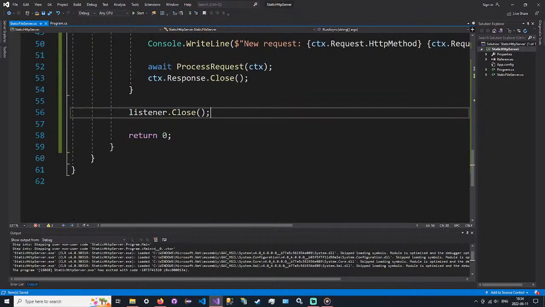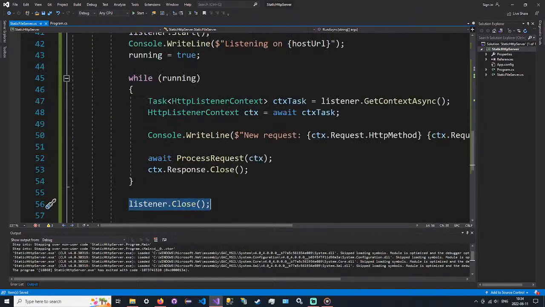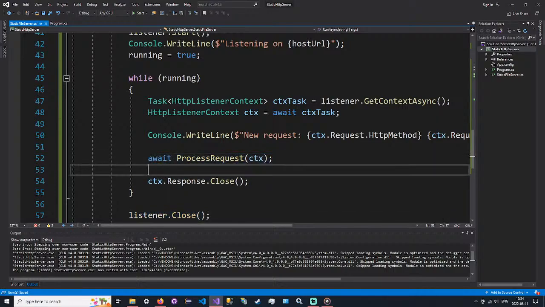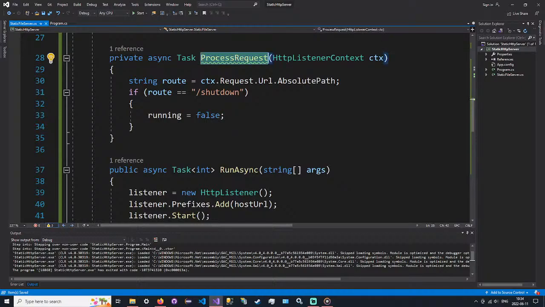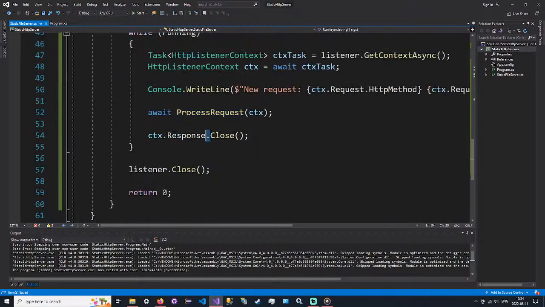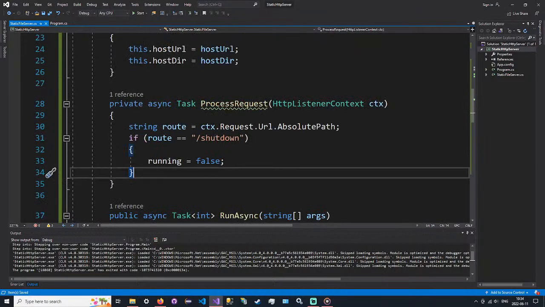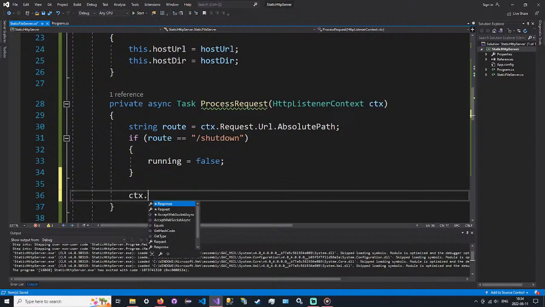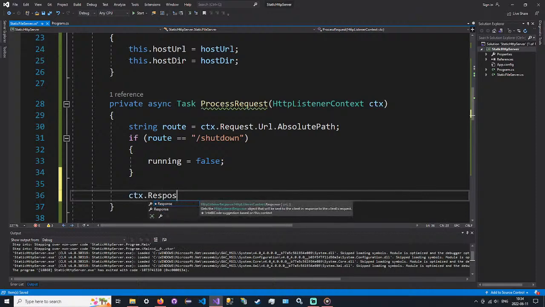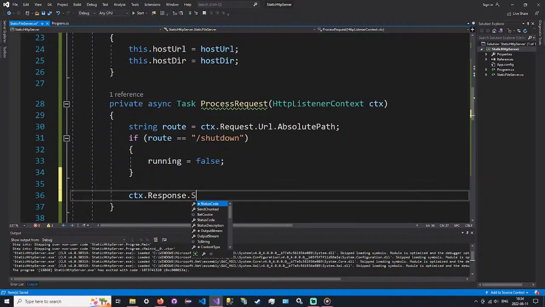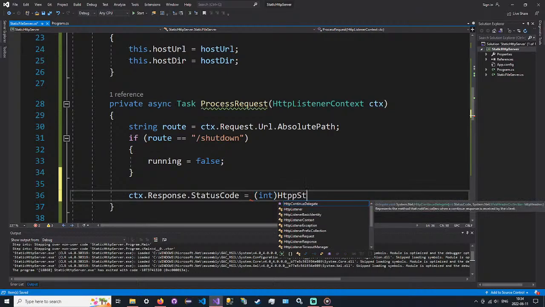That's a crucial line, just so it shuts down the socket properly. So we await processing the request, and then whatever values we've given it in here, we will close the response and send it. So this method will be responsible for populating that response. So let's set the code in here. So we'll say ctx.response.statusCode is equal to the integer conversion of HttpStatusCode